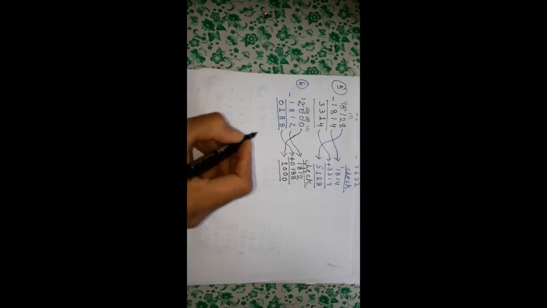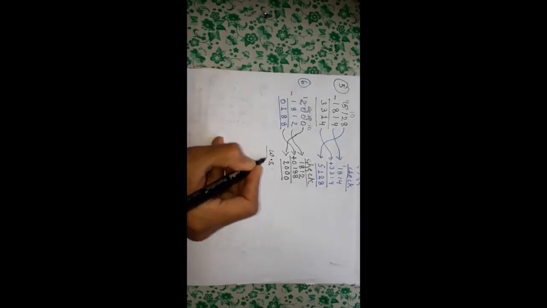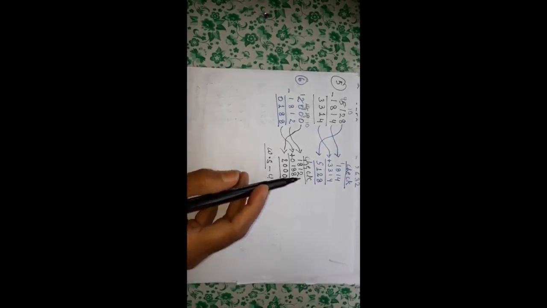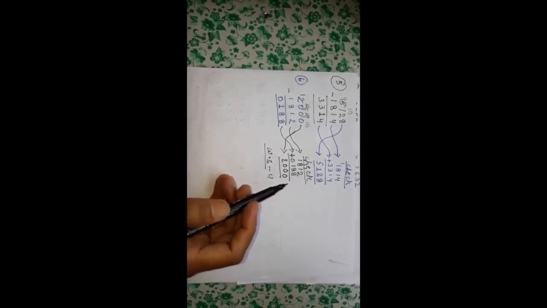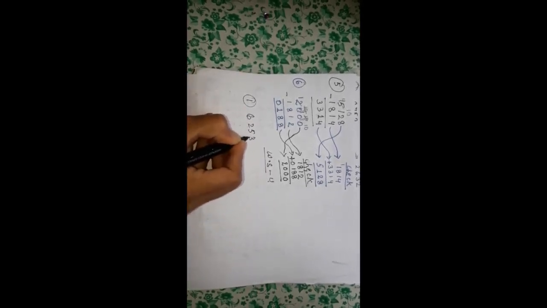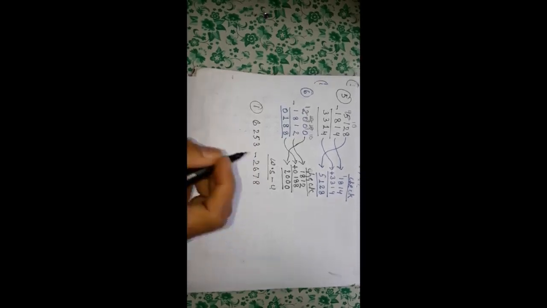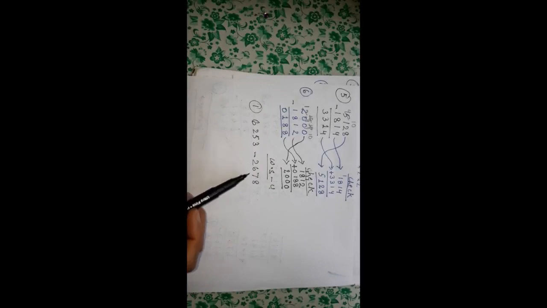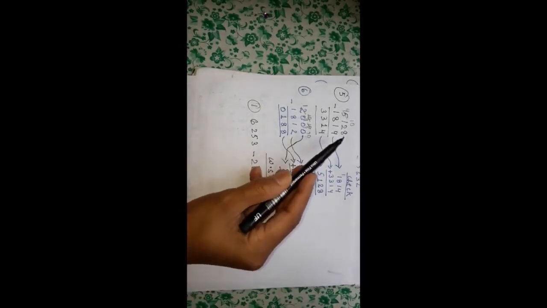Now your worksheet 4 of unit 3 is based on subtraction and check its answer. For the example, the questions will be given in your book like that. What you have to do? First, arrange the numbers in columns. I have also arranged the numbers here in column. First, you have to arrange the numbers in column in each question and subtract. You have to first arrange, and after that subtract. Also, check your answer.